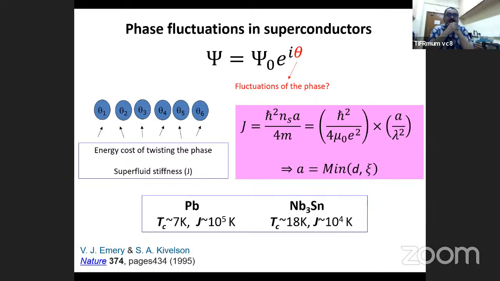So what they said is that since we have the gap that is not closing at Tc, possibly the superconducting gap in this material is an irrelevant energy scale as far as the transition temperature is concerned. In which case, there has to be some other energy scale which is much lower than the gap and which is determining Tc. And that is when these two gentlemen started exploring the superfluid stiffness, which of course